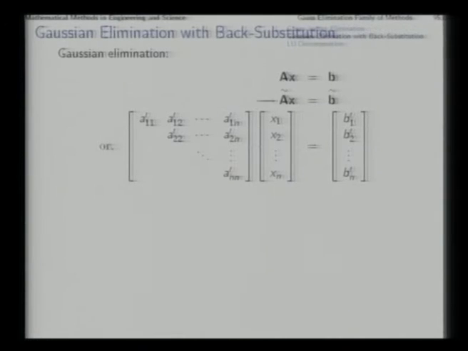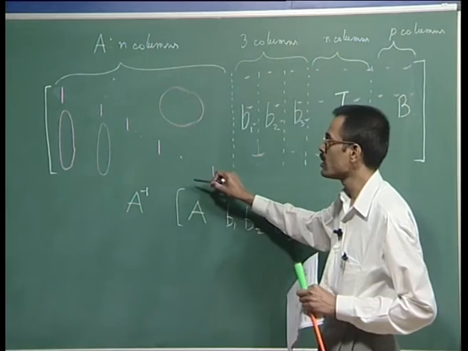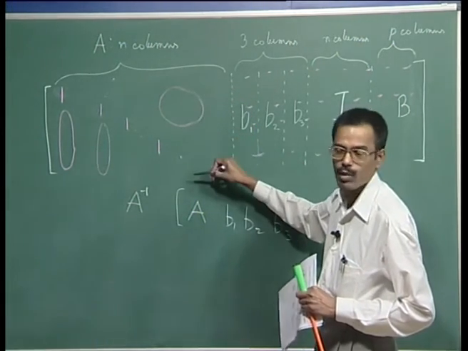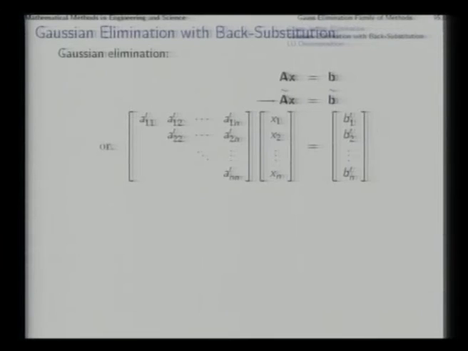elimination with back substitution. You might say that this complete reduction of the matrix A up to identity through elementary row transformations is actually not called for, because as long as we can reduce it to an upper triangular form in this manner, that is, below this everything else is 0, our job is done. If we can just apply elementary row transformations so that A reduces to the stage of A tilde, where A tilde is this matrix with upper triangular structure, below the diagonal entries everything else is 0, then